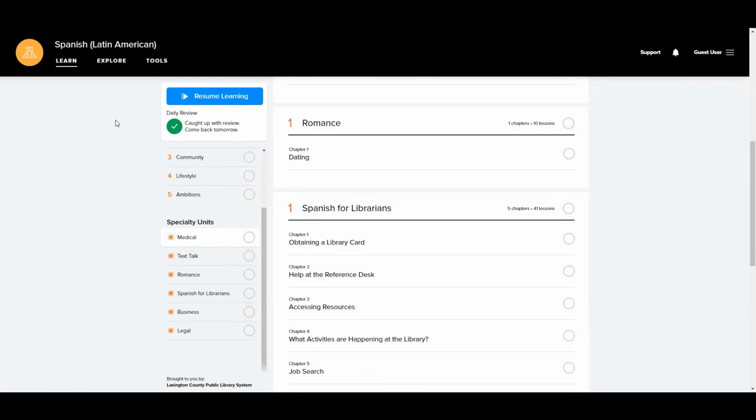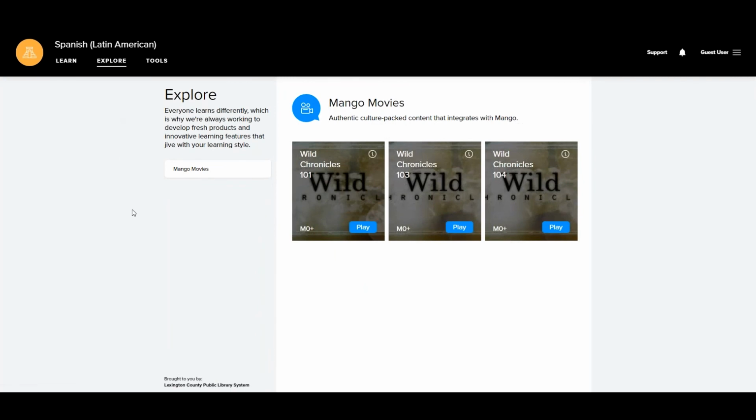At the top, we have been in the Learn section. However, there are 2 other sections, Explore and Tools. Explore, not every language has this option, but the ones that do have Mango movies. And so Spanish does have these Mango movies. There are culture topics in these movies that make it interesting to practice. And so if I click on the first one,